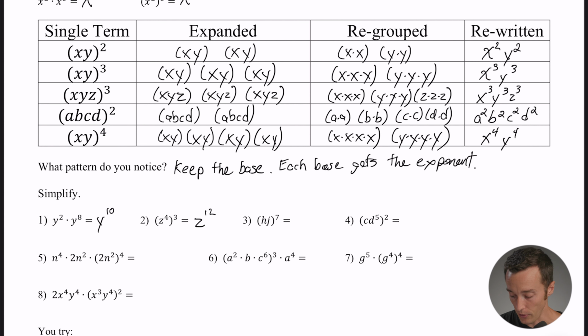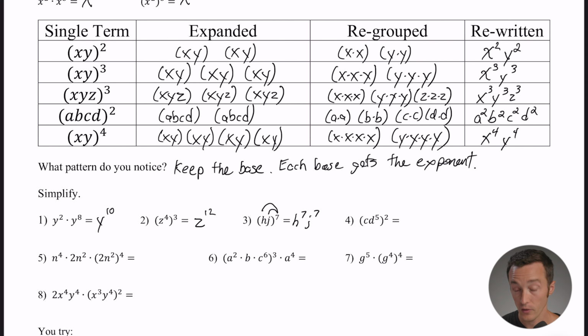Now, finally, here in number 3, we can use this rule that says keep the base and then each base gets the exponent. And I'm drawing those arrows that make it kind of look like the distributive property. It is not the distributive property, but those arrows help us remember that each one of those is going to get the exponent. So it would be h to the 7th, j to the 7th. Okay? Now, the reason we're going slowly with this is because sometimes you have to apply multiple rules